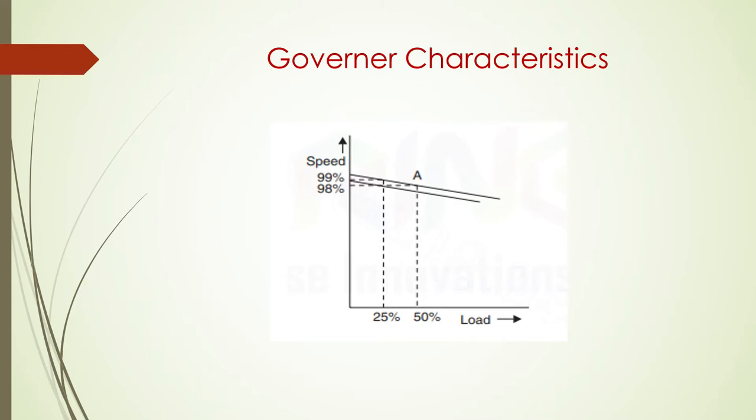Practically, the change in characteristics will be obtained by operating the governor control motor from the control room. The turbine can be adjusted to carry any given load at a desired speed. The governor characteristics which I am showing here are ideal characteristics. Practically this may not happen exactly the same, but this is how an ideal governor will act.